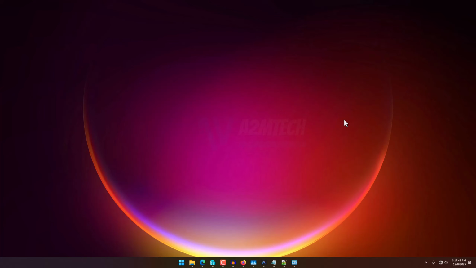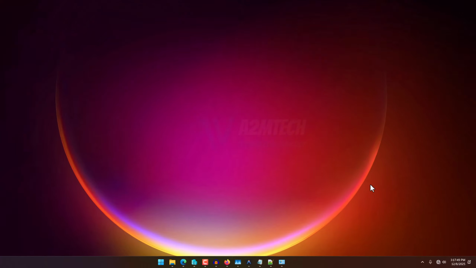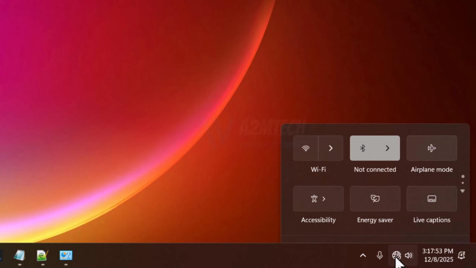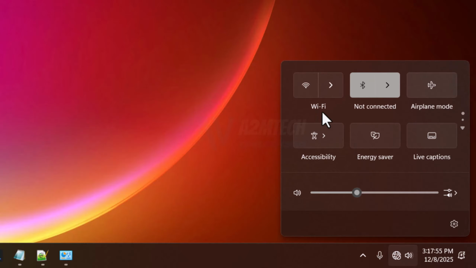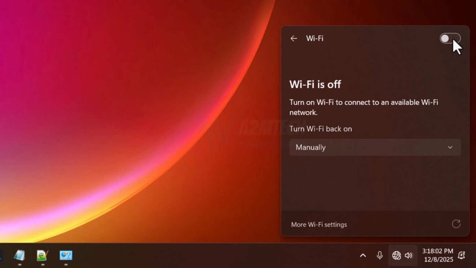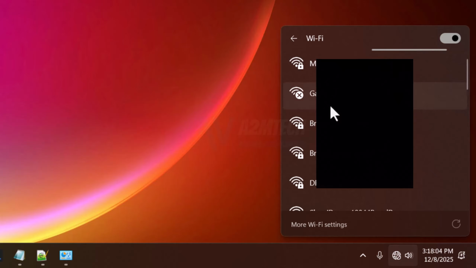Hey guys, today in this video I will show you how we can turn on Wi-Fi on Windows 11 PC. So if you click on the network icon here on your computer, you can see Wi-Fi option here. So you can just click here and turn on the Wi-Fi, and you will be able to see all these